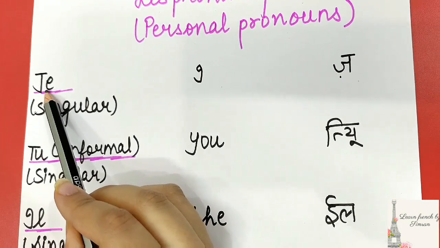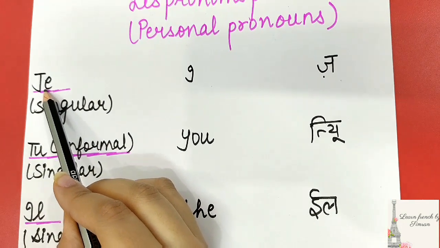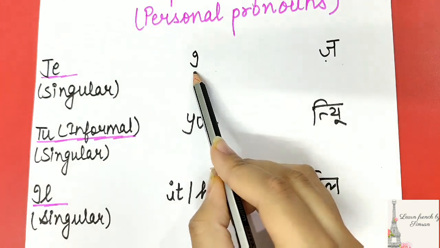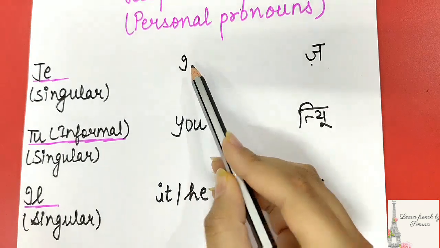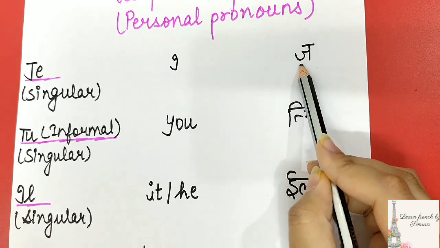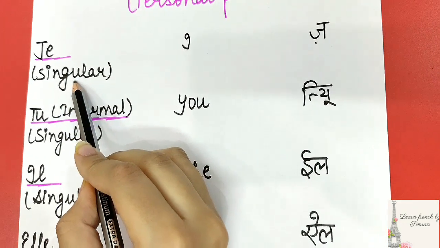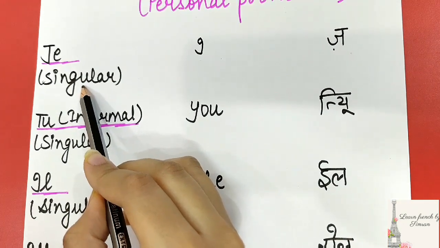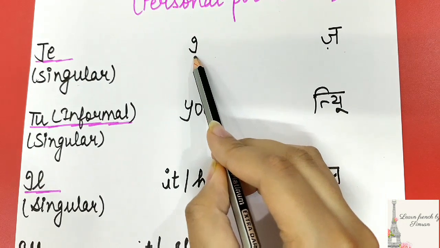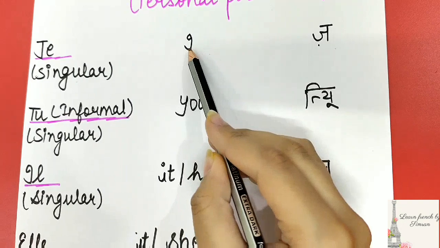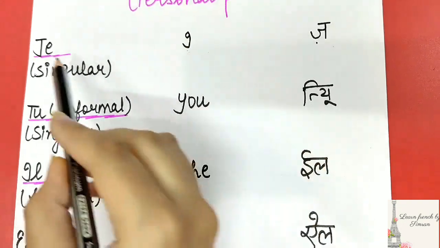Now this is known as "je" in French, and it means I when you are referring to yourself, and it is pronounced as "je" in French, and it is a singular pronoun. When you are talking about yourself, referring to yourself, you use I in English,